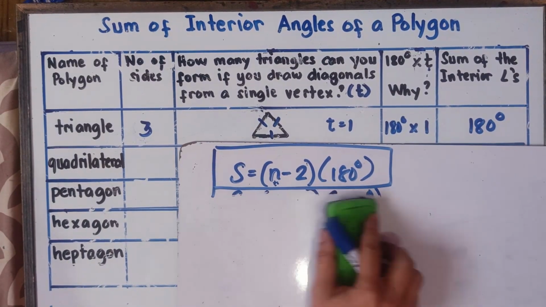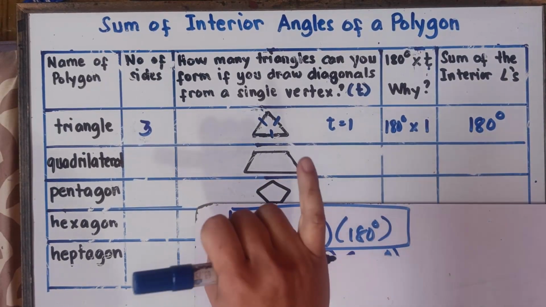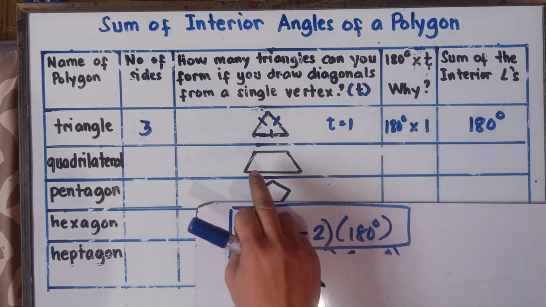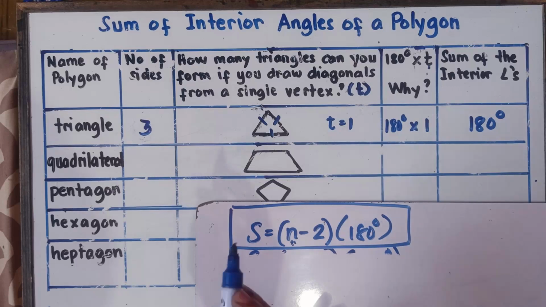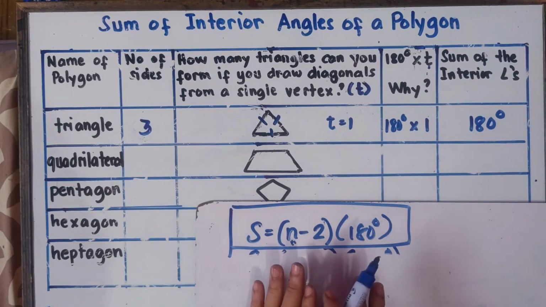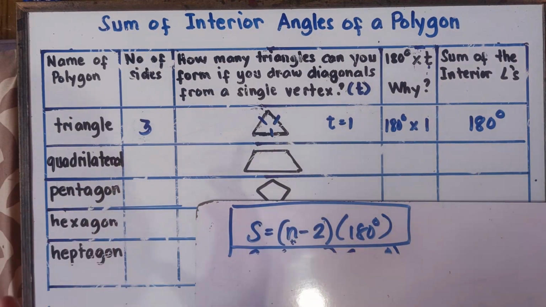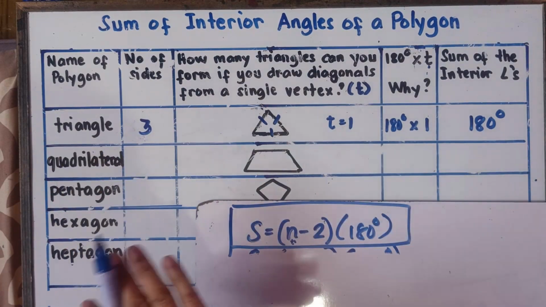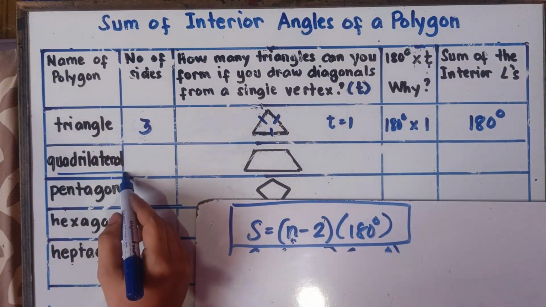Alright, so let's have quadrilateral. You can have this illustration, that's okay. You can have square, rectangle, trapezoid, rhombus. Once again, class, a four-sided polygon, you can never call that one square. A four-sided polygon, we call that one quadrilateral. It's not square, class, it's not rectangle. A four-sided polygon, we call that one quadrilateral.